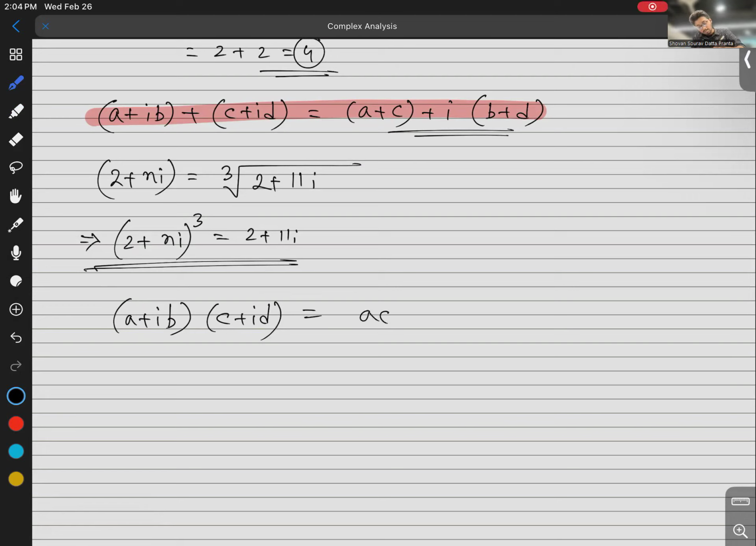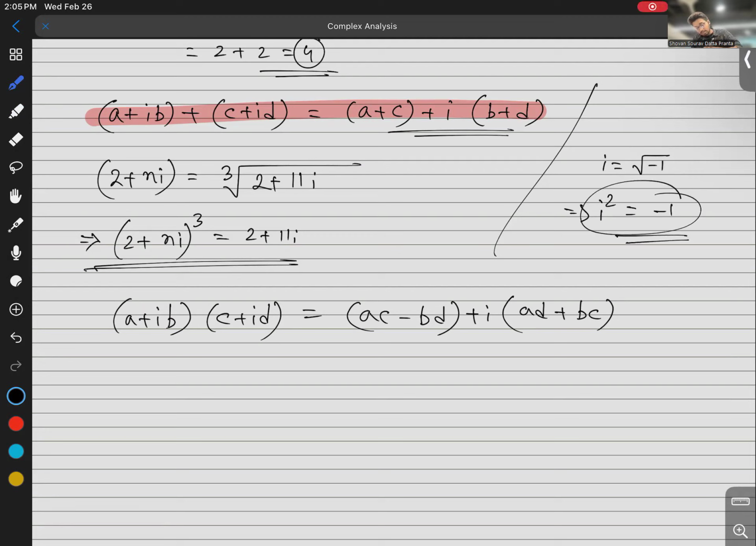AC minus BD plus i times (AD plus BC). So here, as we consider i equal to root over minus 1, we are considering i square equal to minus 1. So after considering this, the equation basically became